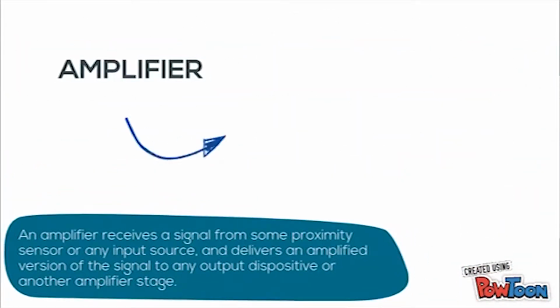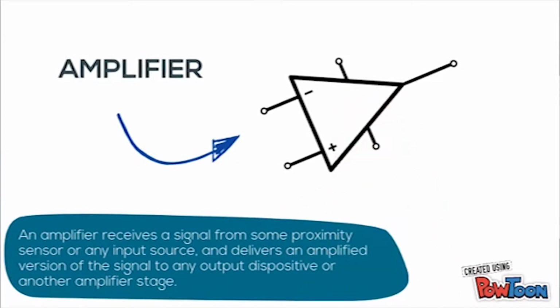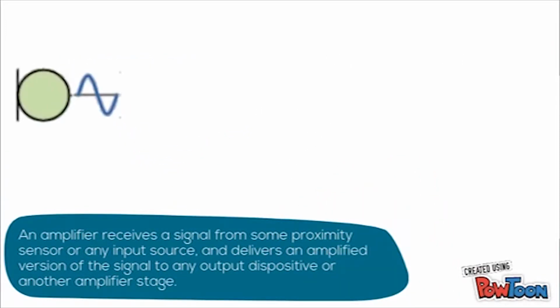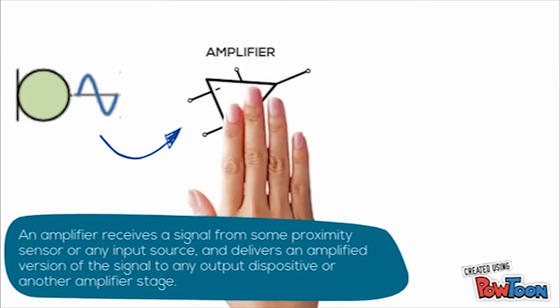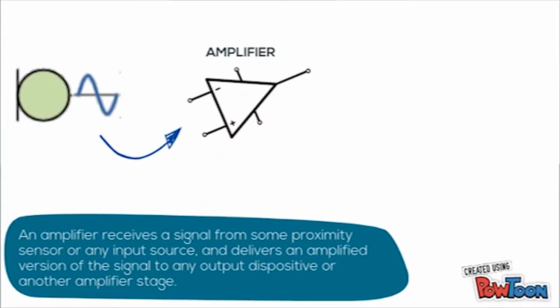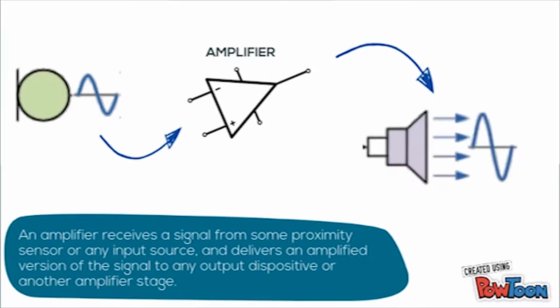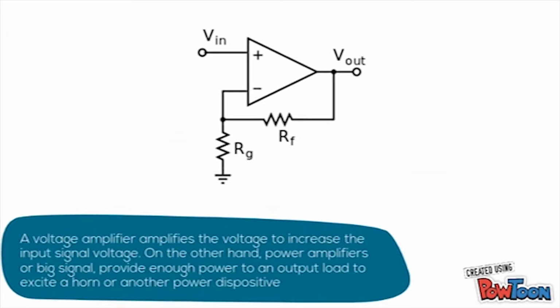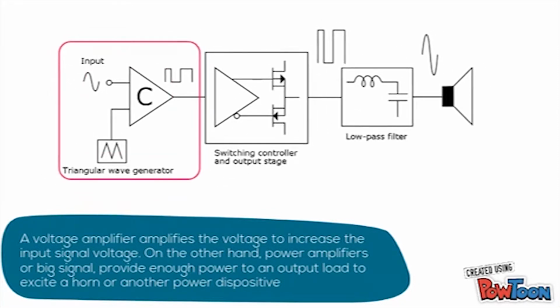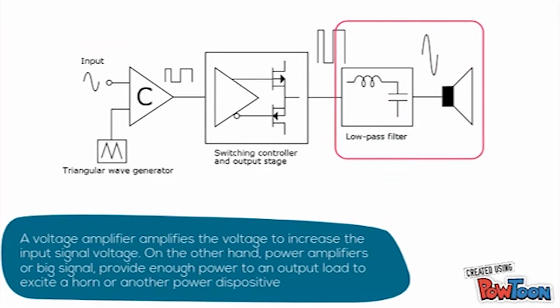An amplifier receives a signal from some proximity sensors or any input source, and delivers an amplified version of the signal to any output device or another amplifier stage. A voltage amplifier amplifies the voltage to increase the input signal voltage. On the other hand, power amplifiers or big signal amplifiers provide enough power to an output load to excite a horn